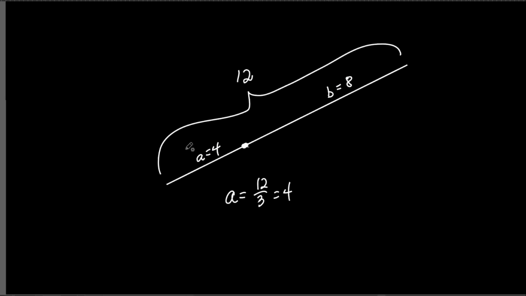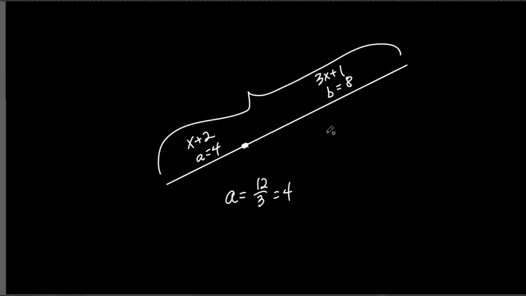But you know what they're going to do. Again, I don't know if this works out, I'm just doing this off the top of my head. But let's say this was x plus 2, and this was 3x plus 1 or something like that. So how would I solve for x, and how would I find the lengths of those segments? Well, let's say we don't know that this is 12. What could we do here? This could come out to some weird number, but that's okay. How would we set this up? You would do x plus 2,